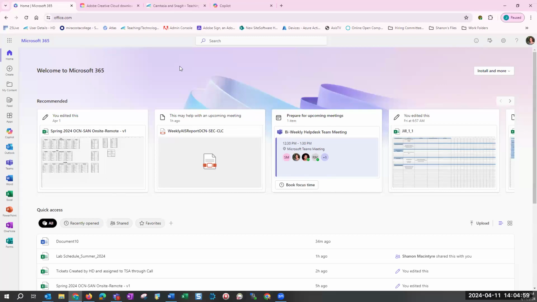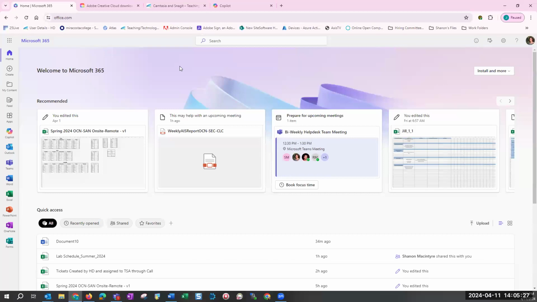So the first one we're going to talk about is Office. When you have your MCC laptop, Office is available to you on your laptop. So that is something you already have built in, but you may not have known that you can sign in and use this on your home computers too.